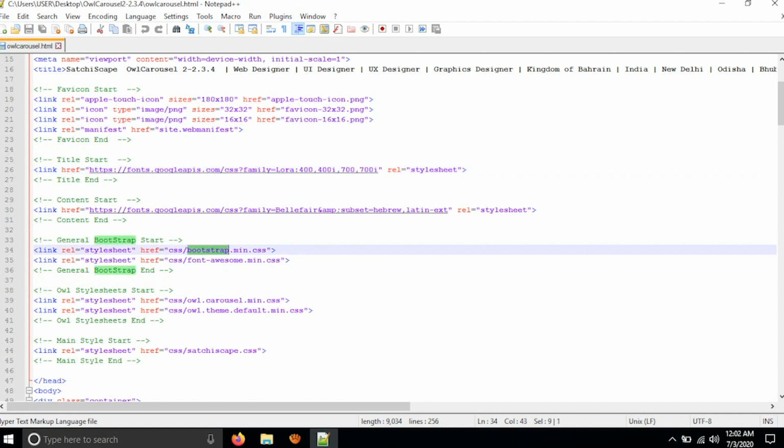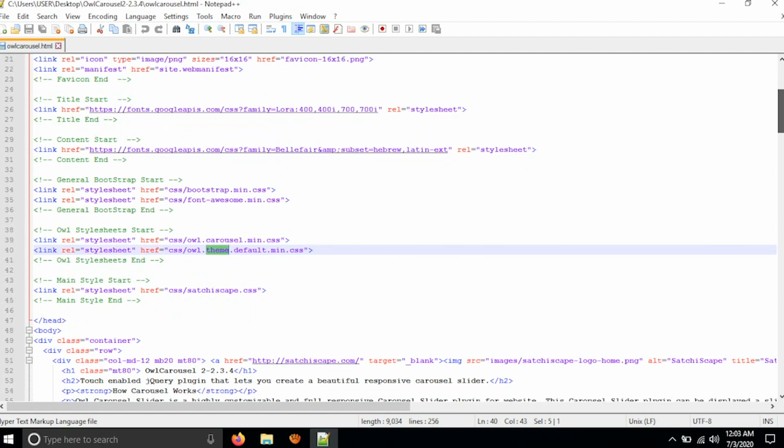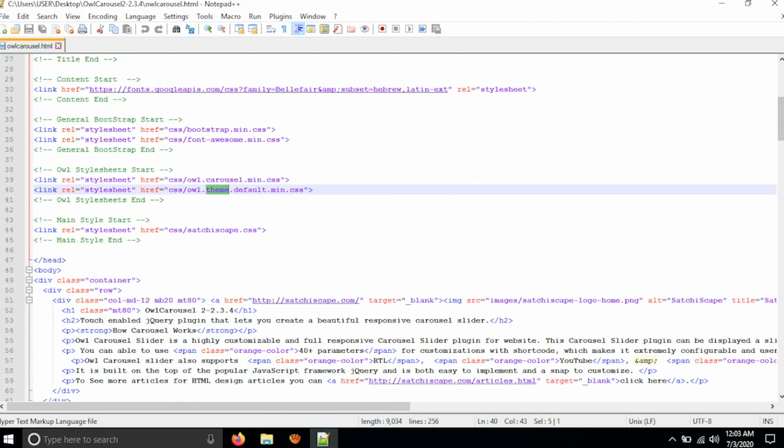So guys, here is my code. Here you can see the Owl Carousel version 2.3.4, and here I have given the meta tags, which are not for you to use; you use your own for your website. Here I have given the font I have used. Normally I am using Google Fonts. So here is the link. It's a free Google font you can use. And here I have used the Bootstrap min, which is very necessary now. People are using Bootstrap min, and after that I have used Font Awesome for icons.